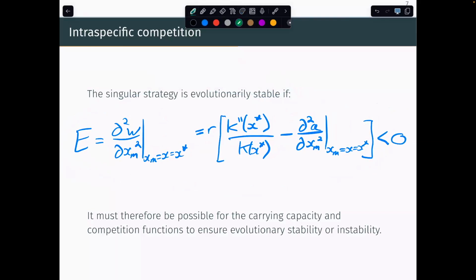Okay, so we've got some different terms here. We can just analyze them. Note that we've already figured out that this term here has to be negative, or at least the numerator is negative and the denominator is positive. So this first term here has to always be negative. This term here should also be negative,